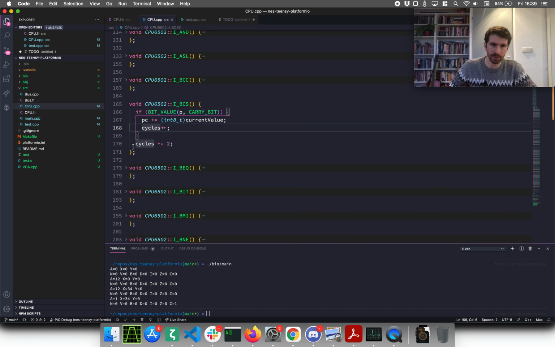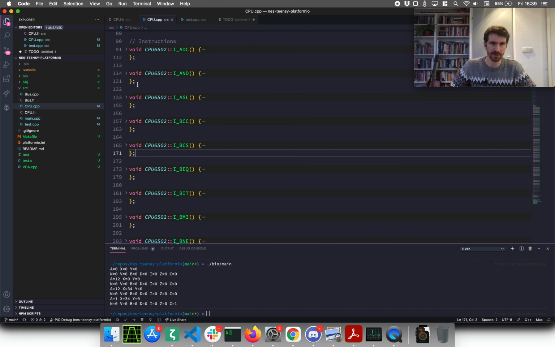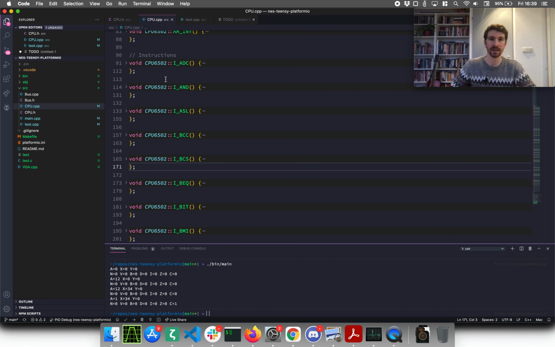And you can see here that we've already encoded the idea that if the branch is successful, this actually takes an extra cycle than if it's not. So this instruction takes 2 clock cycles if we don't take the branch, but it takes 3 if we do. So there is some logic here to do that kind of stuff. This is quite a simple instruction. It doesn't actually set any flags, but most instructions do both check flags, they set flags, and they have to add different numbers of cycles based on the